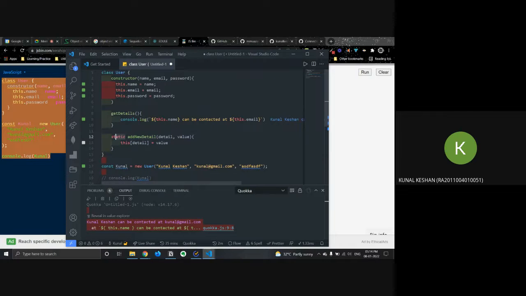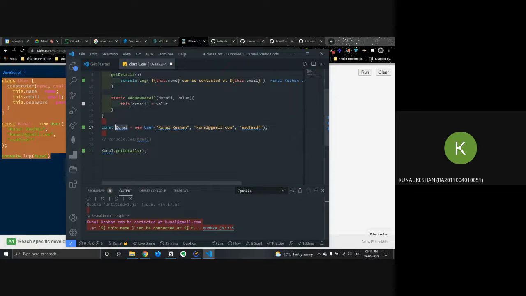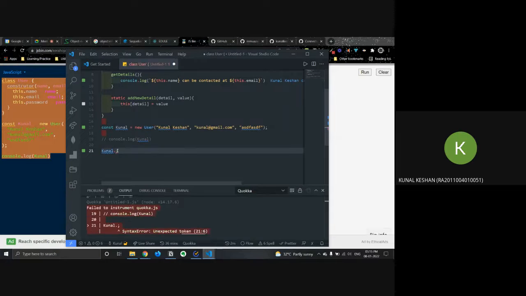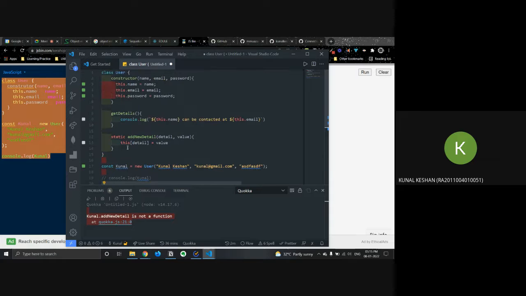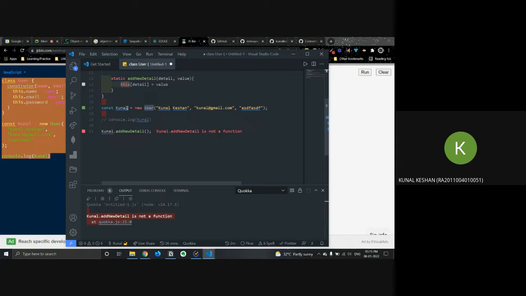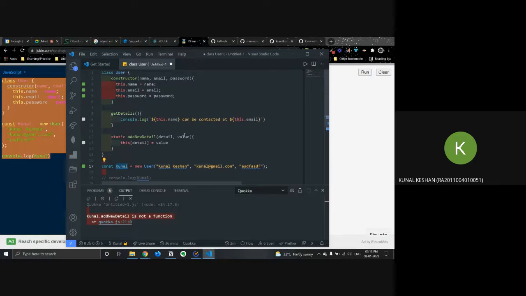Whenever I declare a static method, it becomes a part of the class rather than a part of the object that I create from the class. So if I try to invoke this method, add new detail, it will give me an error. It's not a function. Because this static method is a part of the class and not a part of the instance of the class. That is the object that I create from this user class.